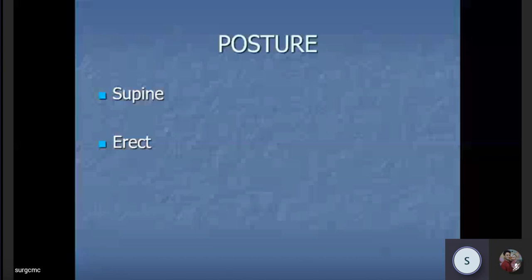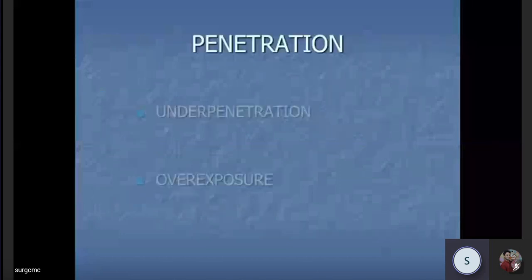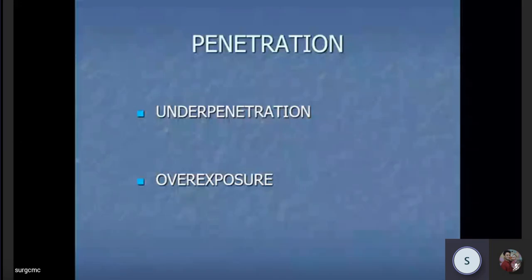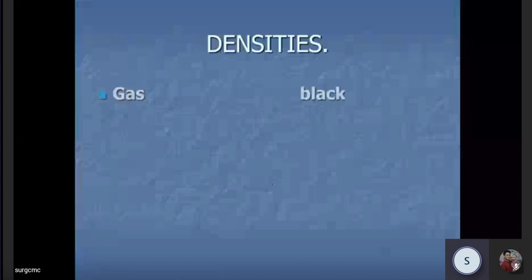Regarding posture of the patient, a patient can be in various stages of presentation. A patient can be supine, lying down. A patient can be erect or sitting, or lying on the sides. And in your times we are getting good quality digital X-rays in the hospitals. In our times we used to get mostly overexposed X-rays. Everything is black or everything is white. So also the X-ray penetration can be under-penetrated or overexposed plates, which you encounter mostly in emergencies.